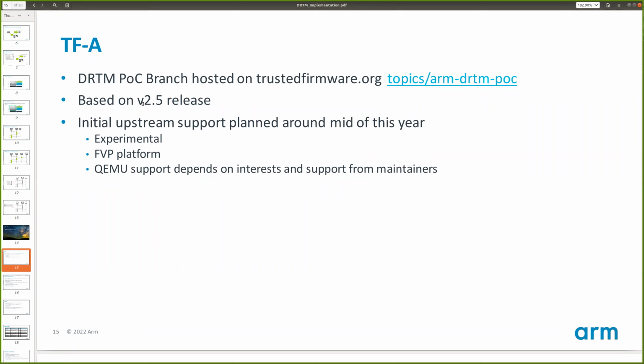The initial upstream support is planned around mid of this year, somewhere towards the end of June. And this will be tagged as experimental because there are quite a few features which are not yet fully implemented. Also, we are not sure about the full software stack. So like in any other new specification or new features, we keep it experimental for some time until